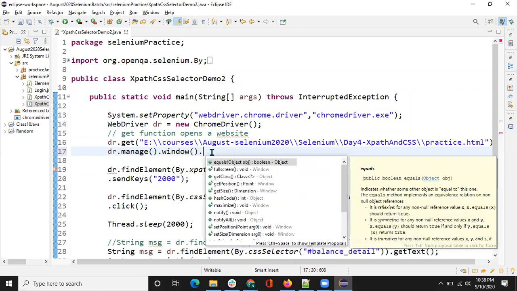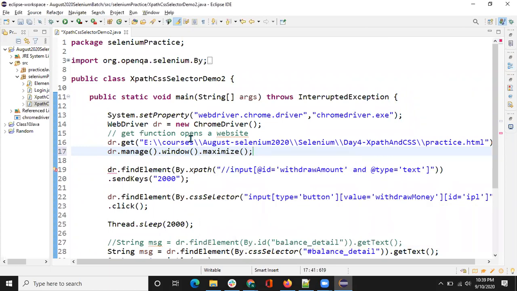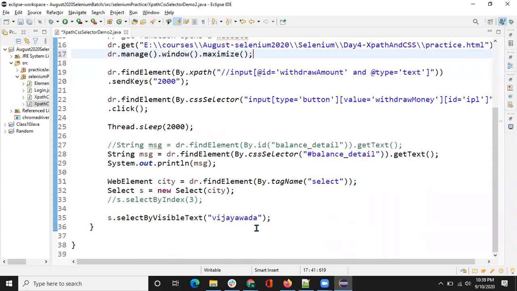Okay, so there are a lot of options: you can maximize, you can set the position, you can set the size if there is a dimension attribute. So as of now we are doing maximize. Maximize will maximize the window, and let's say once your task is done you want to close the window,